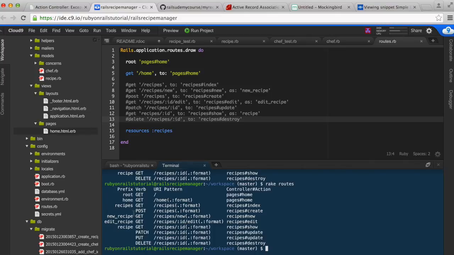Okay, so you still have the new action, you have the edit action, you have the show action, then you have the ability to handle the create action with post to recipes. Then you have the index, you have the ability to handle the update, patch, and also put, and then you also have the ability to delete with the delete action, destroy action right here. Okay,